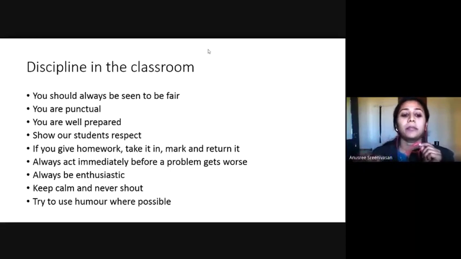Come well prepared, bring your lesson plan. You should know what you're going to teach today. Don't come there and improvise like, okay, I'll do this, I'll do that. That would cause a disruption in the classroom. So come well prepared, bring all the activity materials that you want in the classroom. Otherwise, if you go in between to the staff room to pick up something, again the classroom is disrupted. Again, you'll have to spend time getting the class under control. So come well prepared, and then students respect. Give respect, take respect.